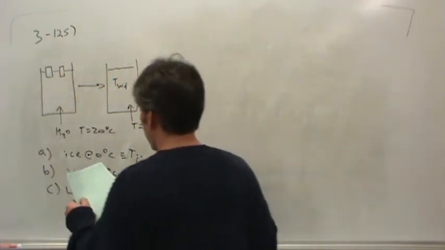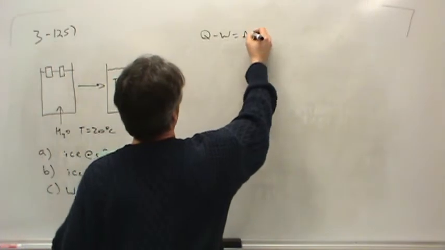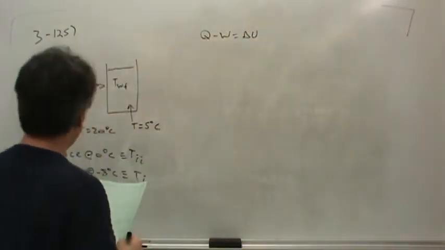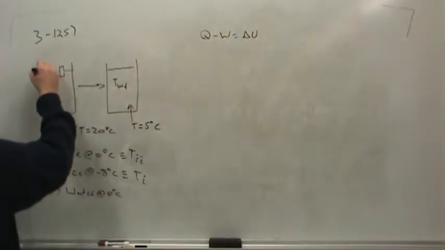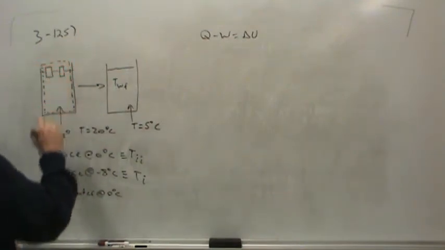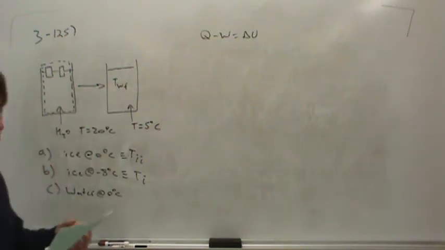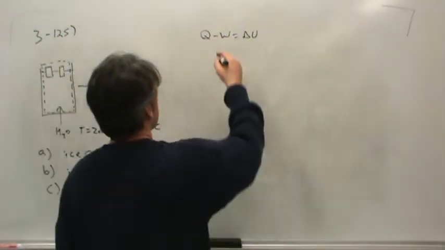So let's see. What I'm going to do is write down an energy balance. Q minus W equals delta U. And the system that I'm going to take will include both the water, or the drink that is to be cooled, and the coolant. Most of the time, this is ice. Sometimes it's just liquid water at 0 degrees Celsius. So since my system